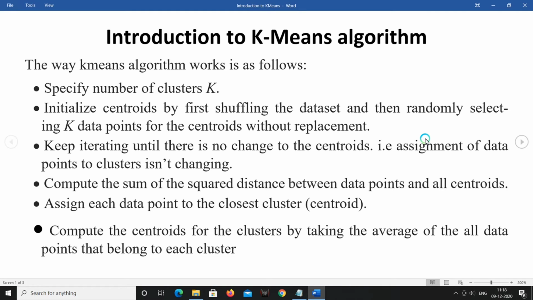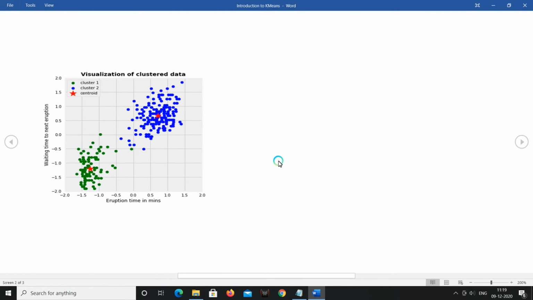Here we can see one graphical representation where we have two clusters, and the stars represent the centroids of those two clusters. It finds them based on the distances of all the data points to the centroid. Here you can see the star lies in the center, and here also it's lying in the center. So you can visualize how its clustering works.